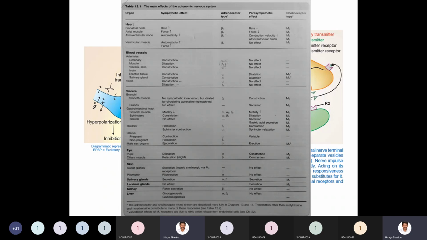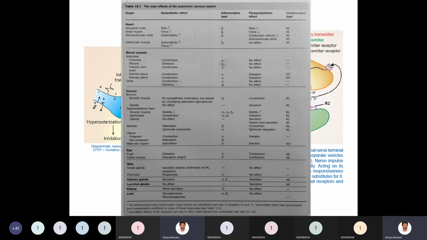From the sinoatrial node, the electrochemical potential needed for the parts of the heart to contract as well as relax will be initiated. Based on the frequency of such electrochemical potentials, the heart rate may increase or decrease. The receptor present there from the adrenergic system is beta 1. At the same time, from the parasympathetic system, you have the M2 receptor present at the sinoatrial node.